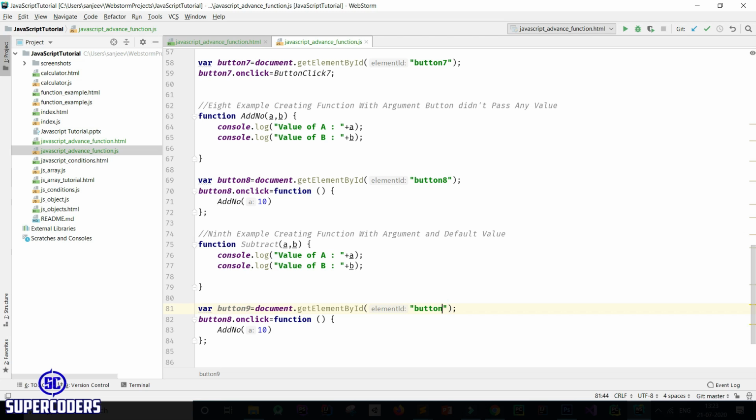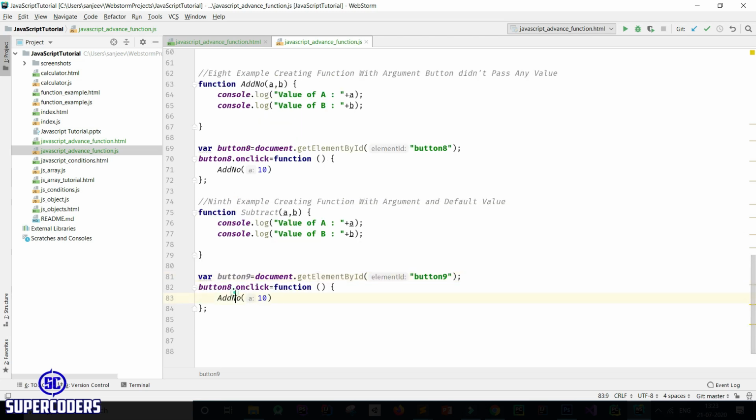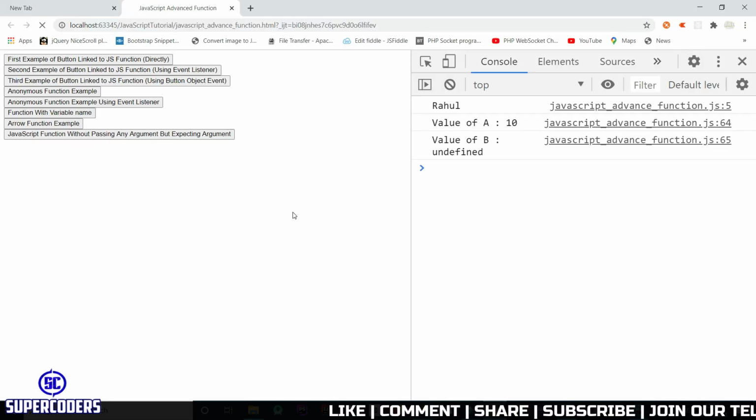Also change this to 9 and change this to 9 and call this method subtract and remove this value. Now here subtract needs assigning, so here is how we can assign a default value in a function. Just need to add equal to, then set the value, 5 equal to 10.